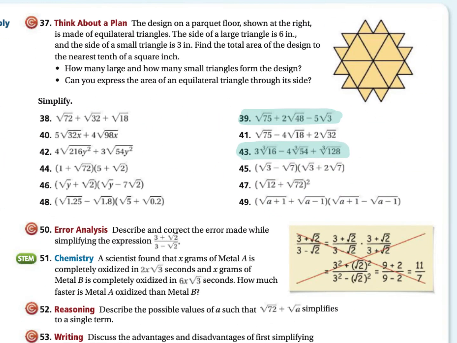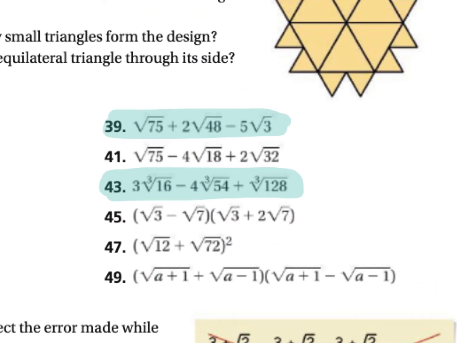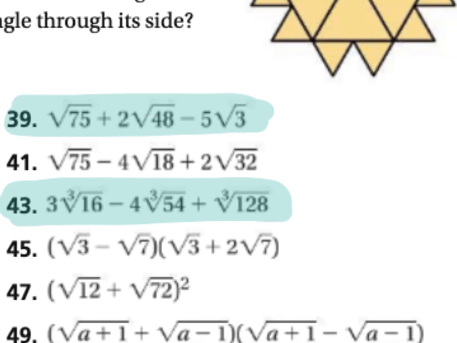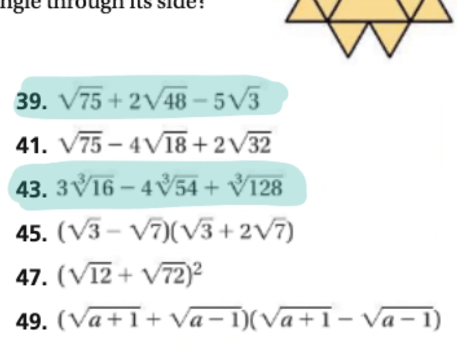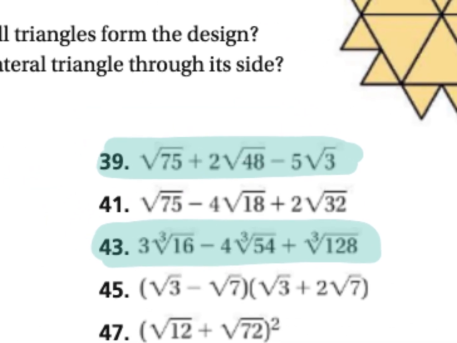Okay, and then last two, let's do 39 and 43. So 39, you have the square root of 75. Yeah, we're just simplifying. So square root of 75, I'm just going to break it up again like this. We would do the square root of 25 times the square root of 3. So that's going to be 5 rad 3